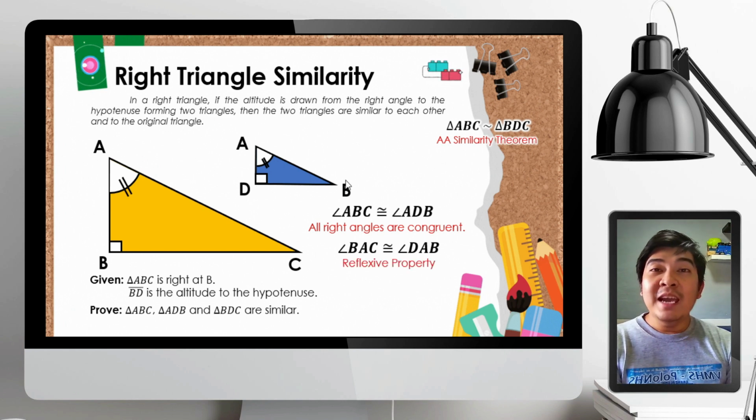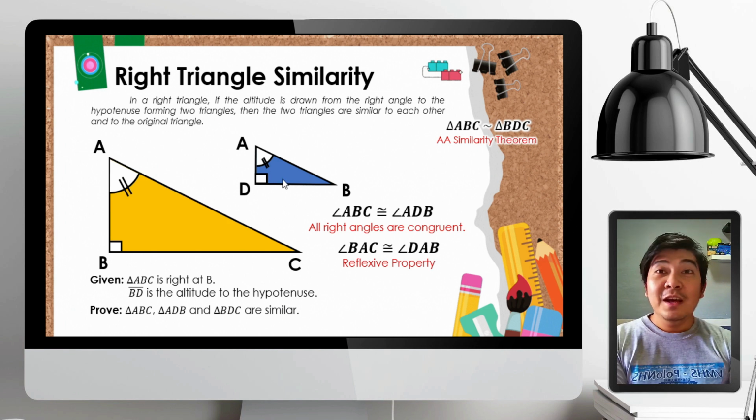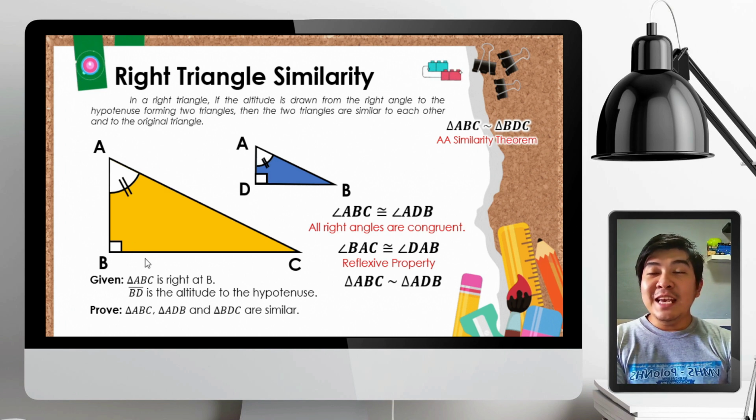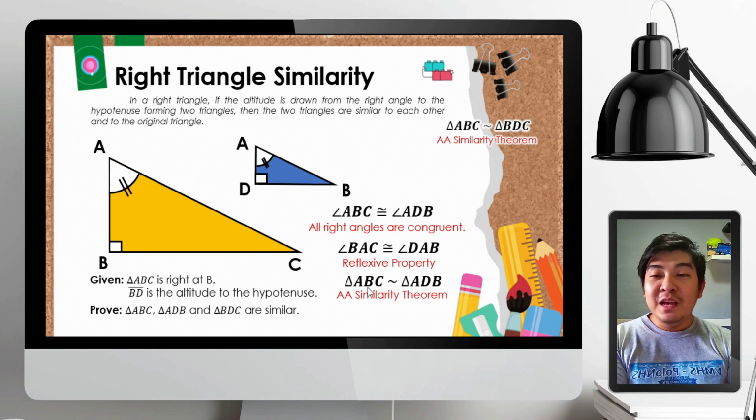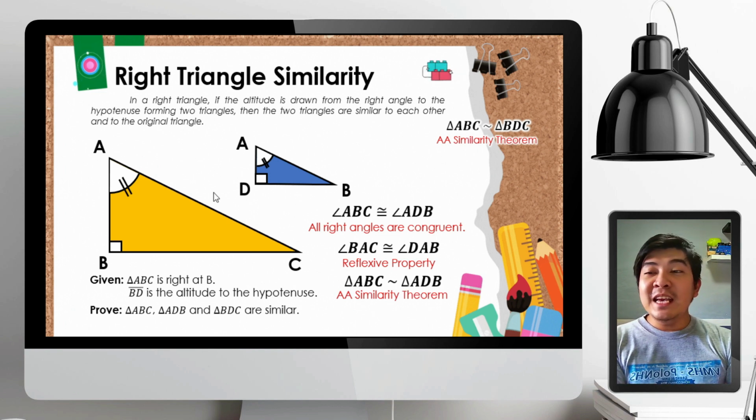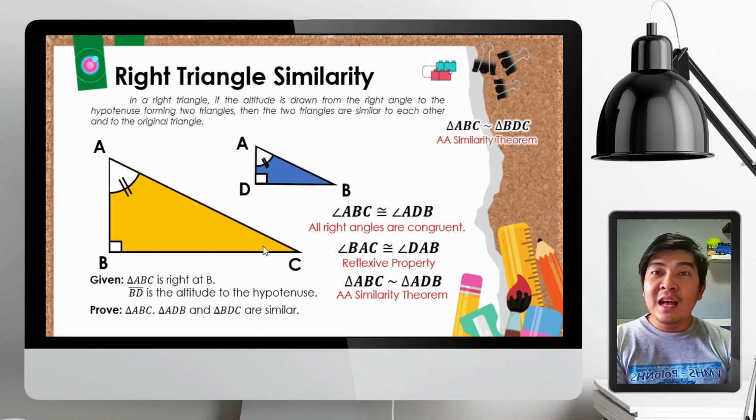So this is by reflexive property. If you can see in our figures, we can already say that the two triangles are similar. So we have triangle ABC is similar to triangle ADB because of the AA similarity theorem. So na-prove na natin sa triangle ABC, etong bigger triangle ay similar sa dalawang triangle na nabuo upon drawing our